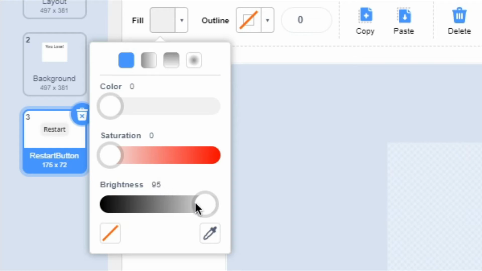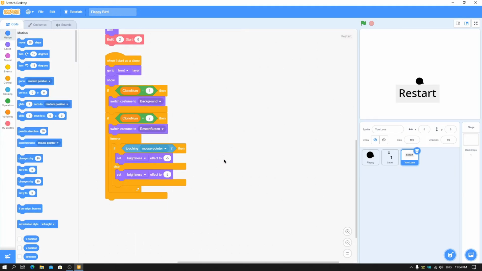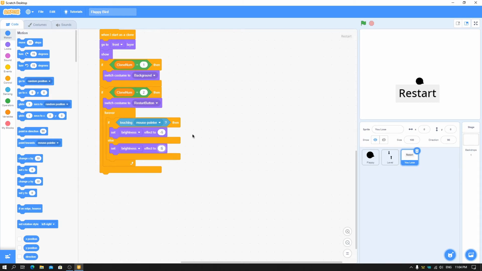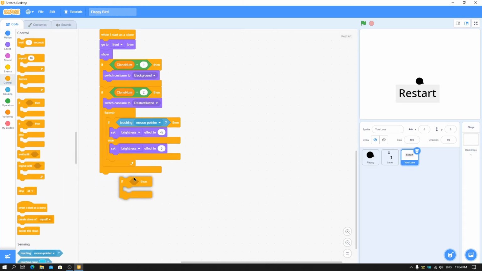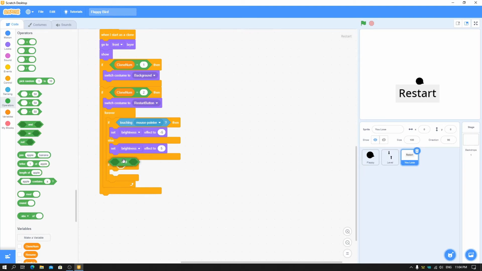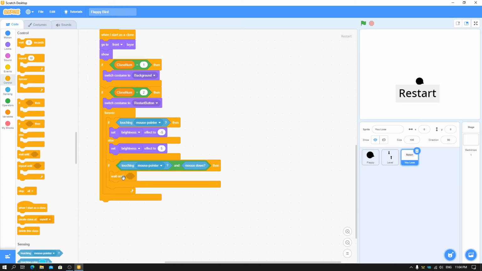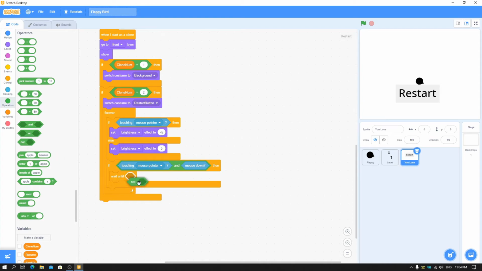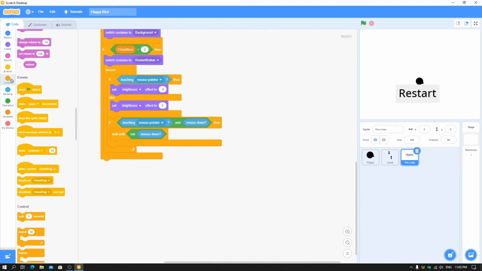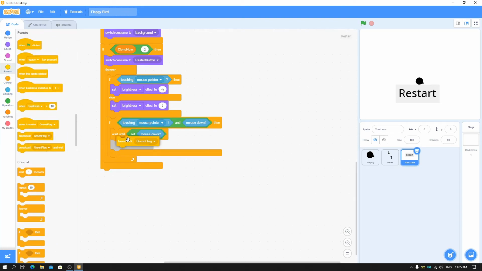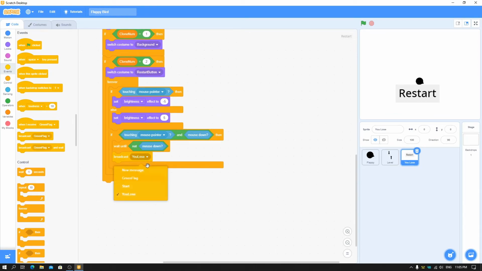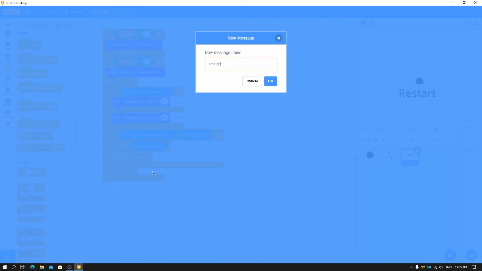If I change it by 5, it will just turn bright white. And then put here if touching mouse pointer and mouse down, wait until not mouse down, and then you can just put your broadcast. Oh sorry, just make a new message, restart.